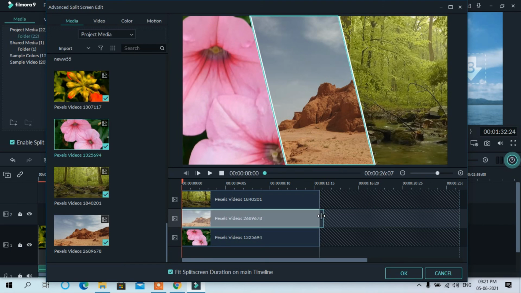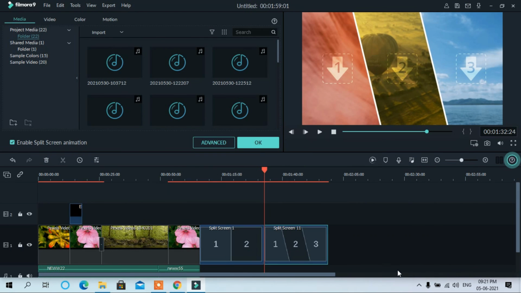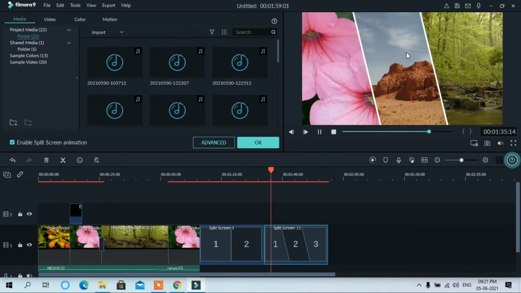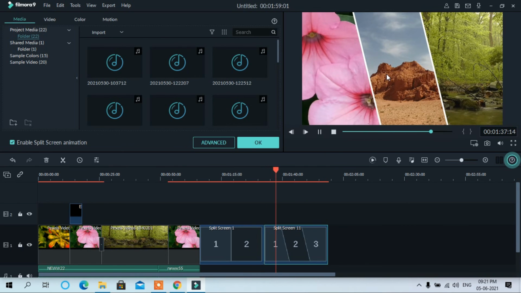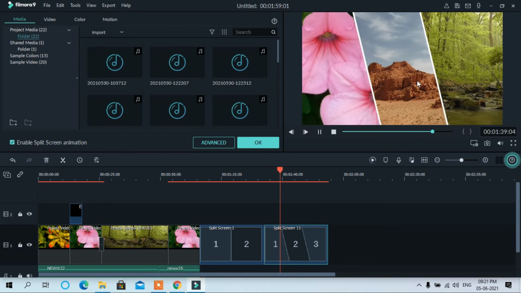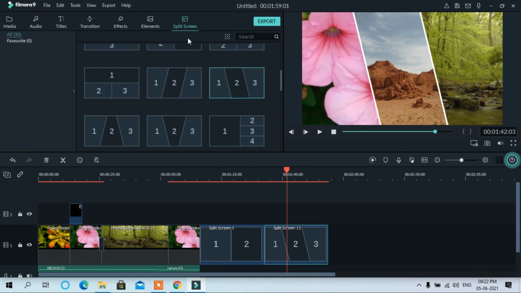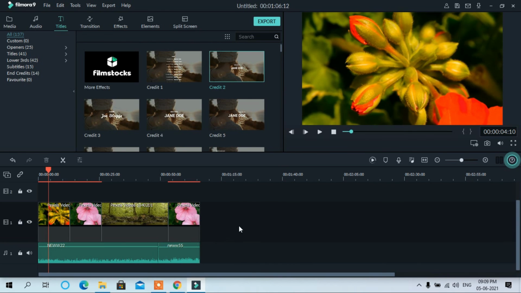Shrink this one as well, so that at a time all videos will start and stop. Okay, now play. See, all 3 videos are working at the same time. This was about the split screen.